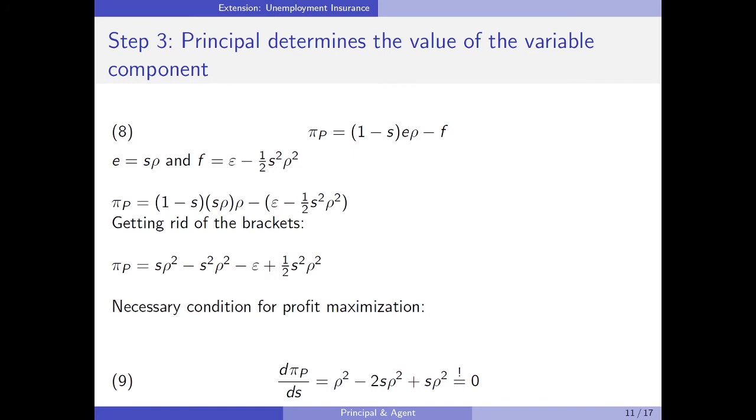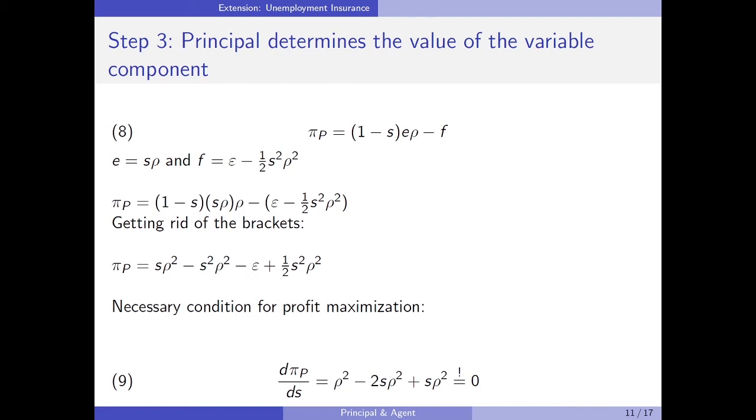As we are now considering that the principal is determining the value of the variable component, and as we said, the variable component depends on the shares that are left for the principal. And we know that E was given by S times rho, and F was found as epsilon minus 1 over 2 times S squared times rho squared in the previous slide. We could now insert these values into the principal's profit, and then we find that the profit is given by S times rho squared minus S squared times rho squared minus epsilon plus 1 over 2 times S squared